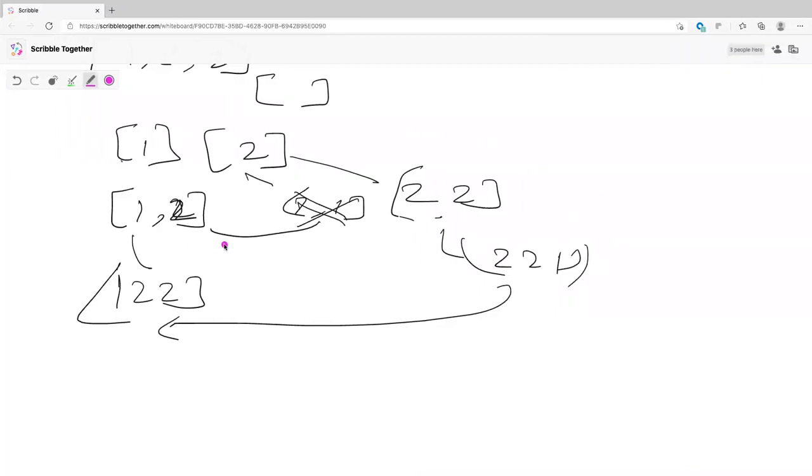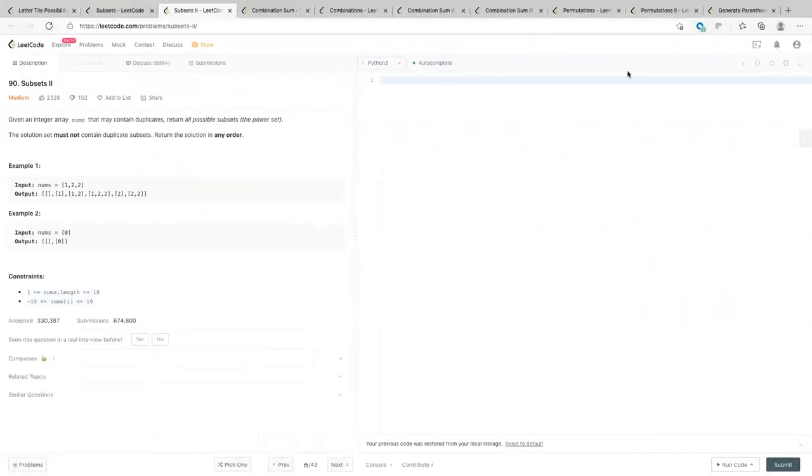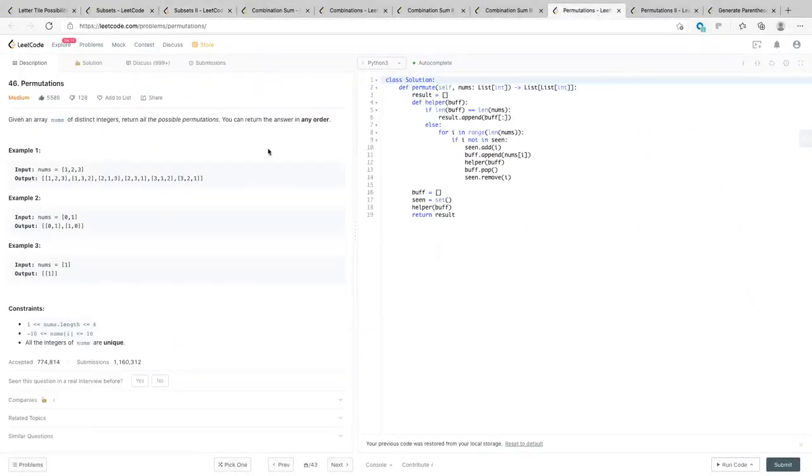I'll just show you what is actually happening. Okay. So I can show you what is the constant thing here. Let's say I'll do Permutations and Permutations 2 also because they are a different type of question, but I'll show you what is happening here. Now this is the 46th problem, which is Permutations. And this says that you are given 1, 2, 3, right? And you have to generate all possible permutations. So 1 2 3, 1 3 2, 2 1 3, 2 3 1, 3 1 2, 3 2 1, right?